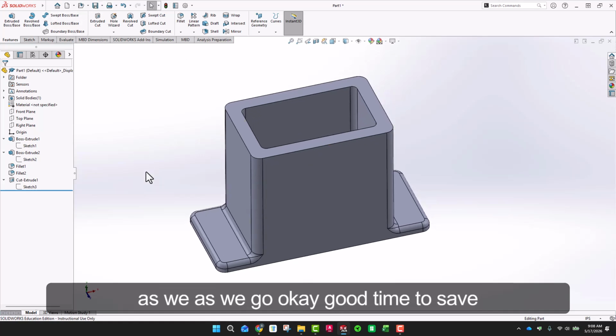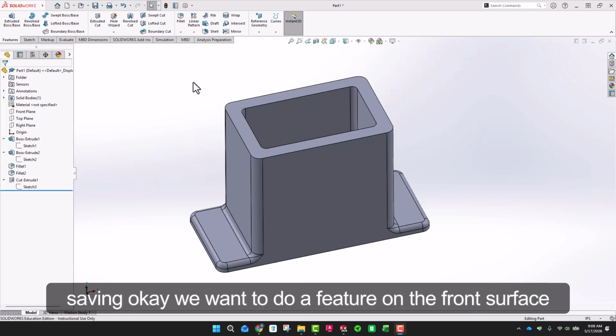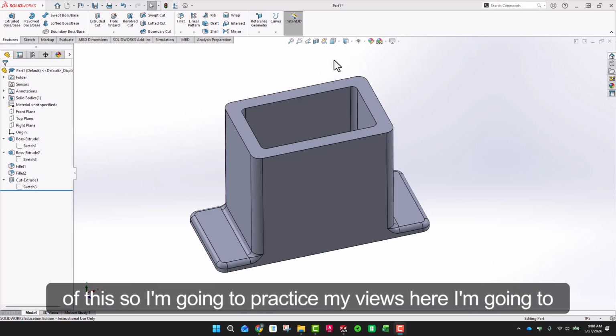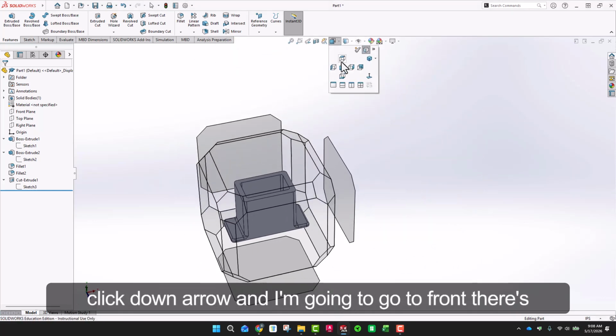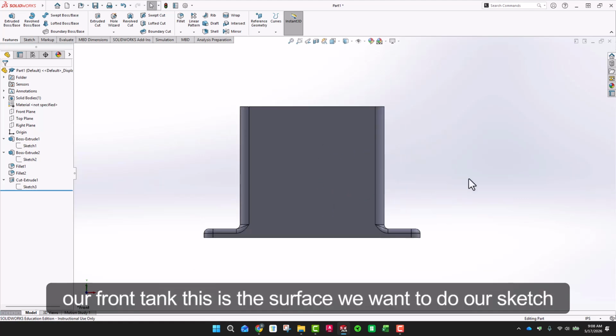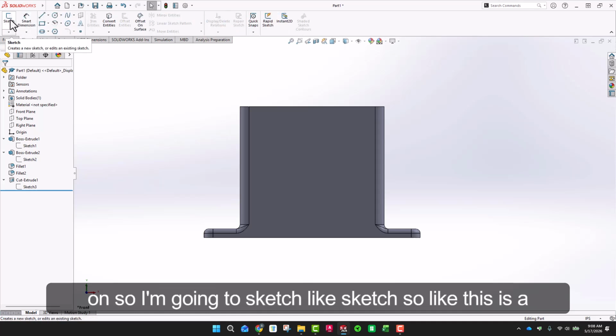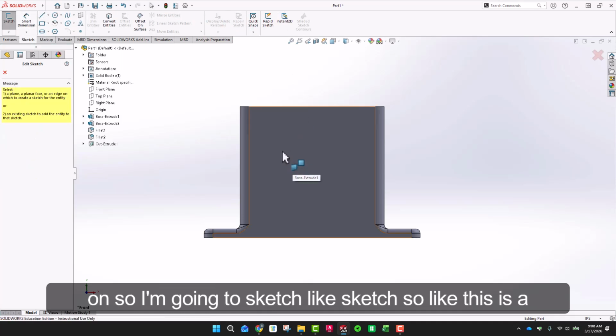Okay, good time to save. Make sure you're saving. Okay, we want to do a feature on the front surface of this. So I'm going to practice my views here. I'm going to click the down arrow and I'm going to go to front. There's our front. This is the surface we want to do our sketch on. So I'm going to go to sketch, click sketch, select this as a surface,